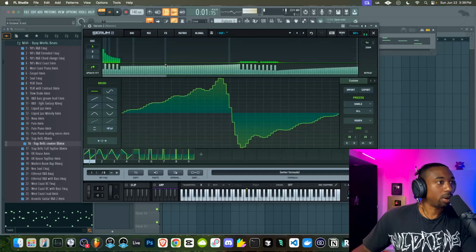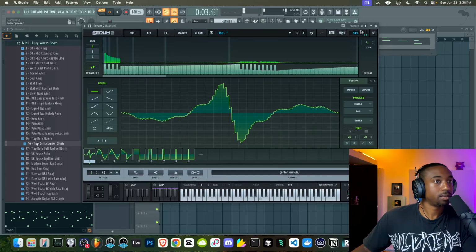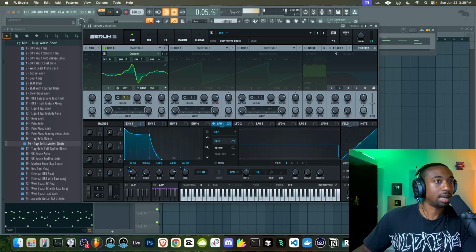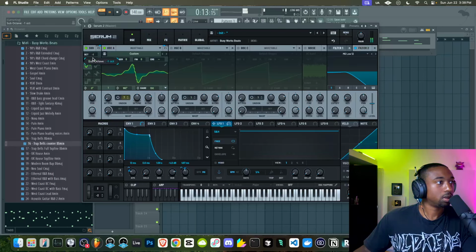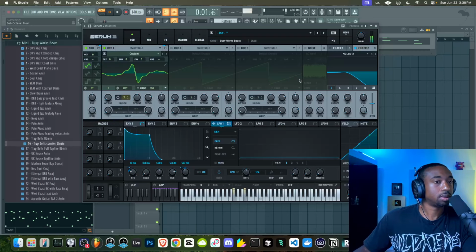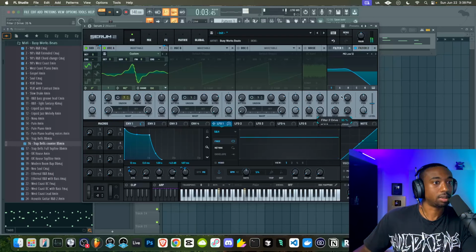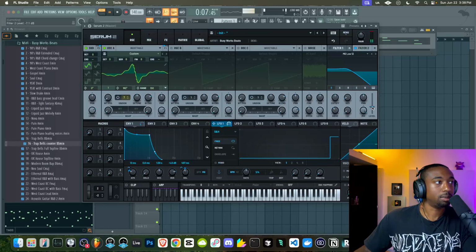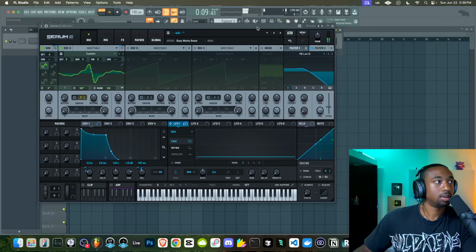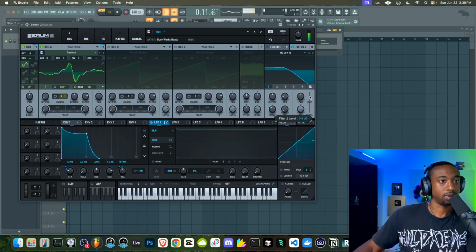Let's do that technique where we remove the fundamental. So now it sounds hollow. Let's add the filter 2. Let's have the sub oscillator go through filter 2. And then now we can control the weight of the sound, but also the harmonics with the saturator, the drive tool here. There's also a level mixer on the filter if you guys want to turn down your filter.